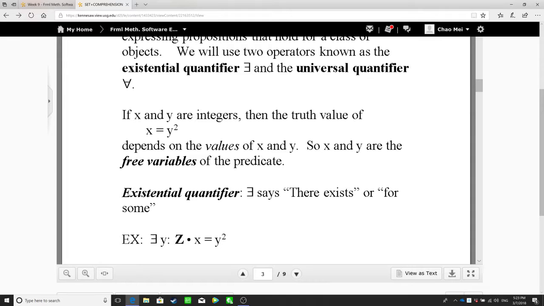However, how can we use the existential quantifier to specify this relationship? This says there exists, or for some. If you put this quantifier in front of the x equal to y squared here,